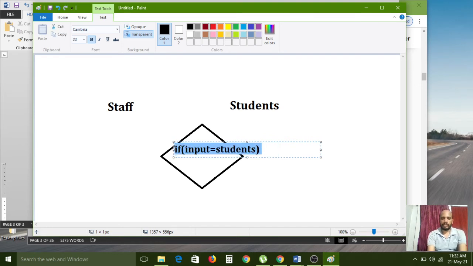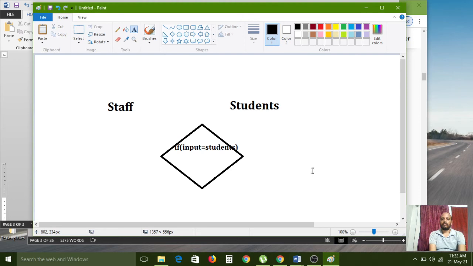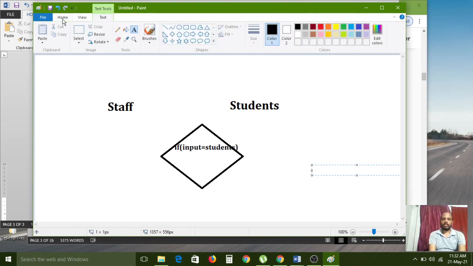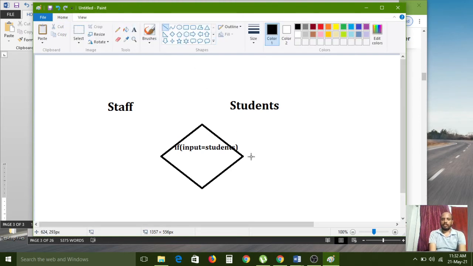If I use it like this in the program, first the control will go here. The student application will execute. This is the student application.